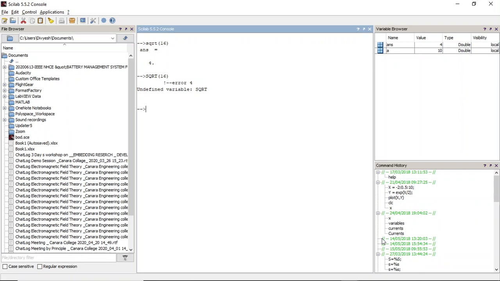Now, particular numbers. Scilab allows usage of particular numbers directly in the console. What does it mean? There is pi, exponential values, all these are defined within Scilab.